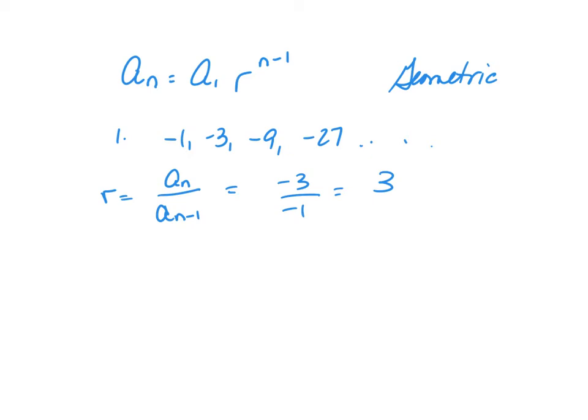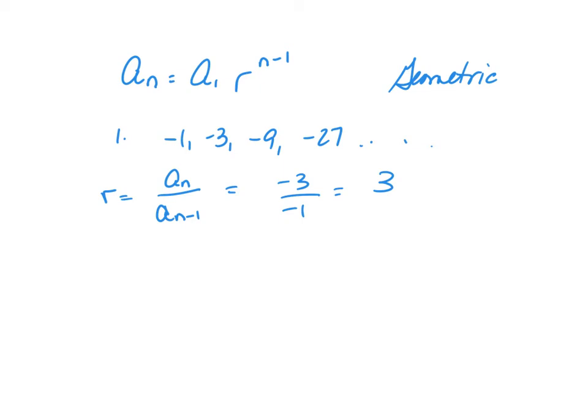In a geometric series, instead of adding to get the next term, you're multiplying, okay? If the number happens to be a fraction that you're multiplying by, you're still multiplying. Don't look at it as dividing by 3. Look at it as multiplying by 1/3, if it happens to be a fraction, okay? When r is a fraction, the numbers get very small very quickly. When r is positive or negative, they either get big or small, depending on if it's positive or negative,